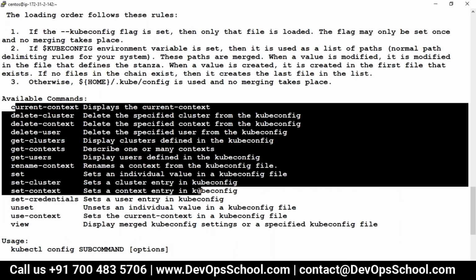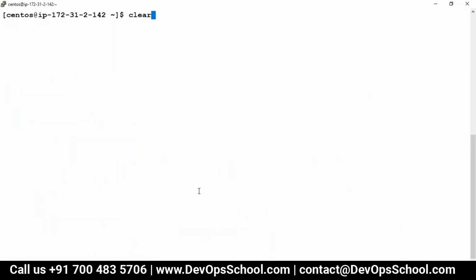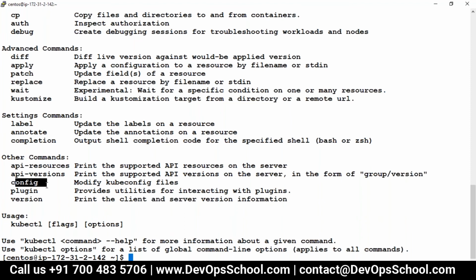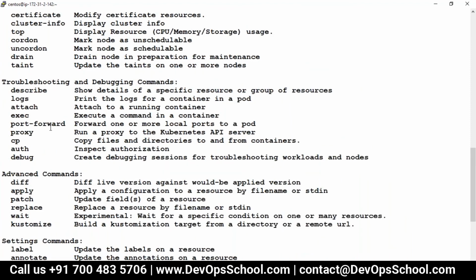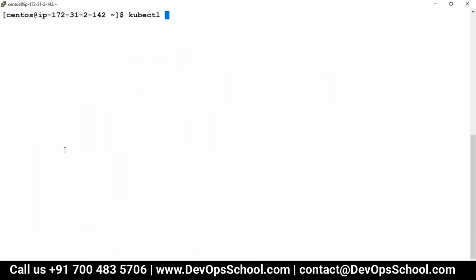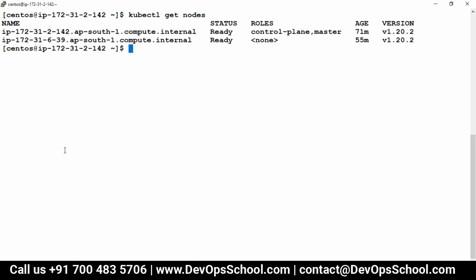So many commands are there. I'm just making you comfortable with setting up the context. Okay, so I ran version, I ran config, I ran cluster-info. Now what I want to know is how many nodes I have. I think I have run this command, but I'm running it again just to make sure you get comfortable. I want to know how many pods we have. I will explain all this a little later, just making you comfortable.